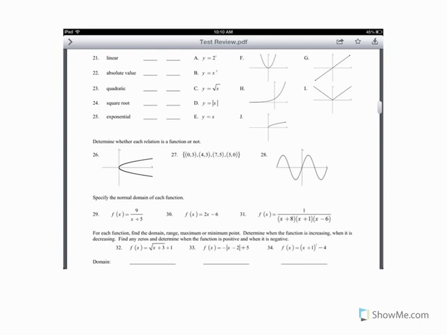So, once again, the answers are E, G, D, I, quadratic is B, F, square root is J, C, or CJ, and exponential is